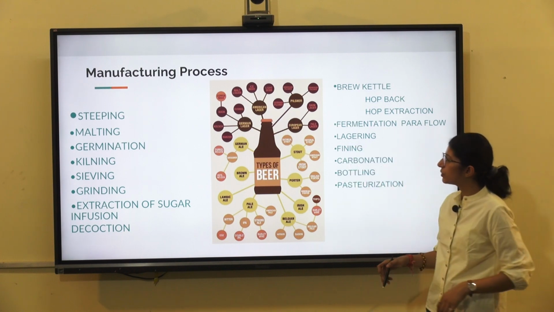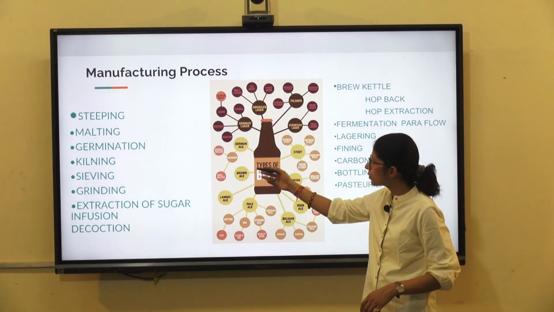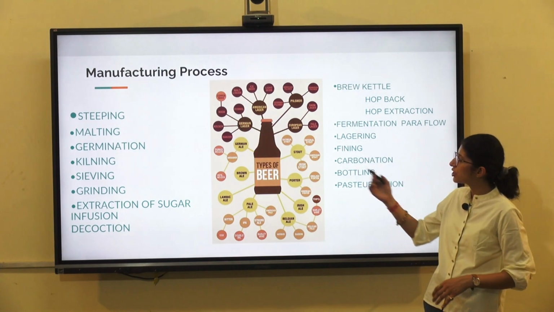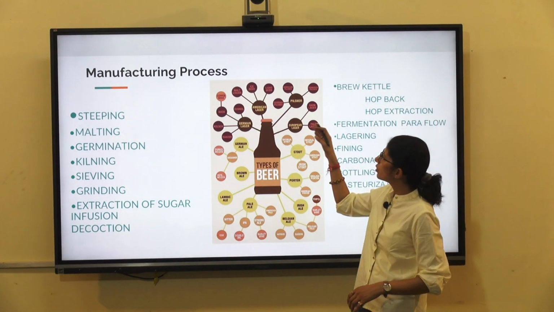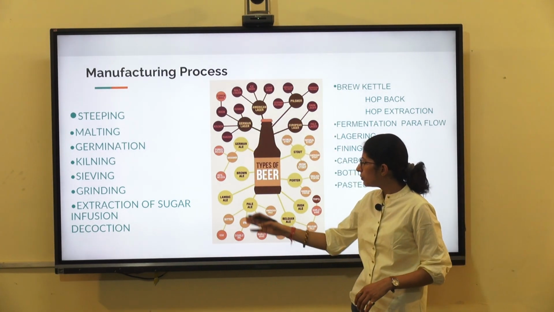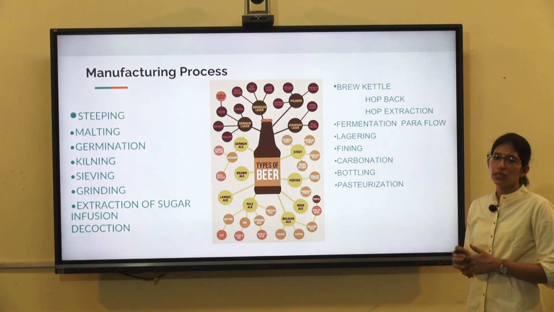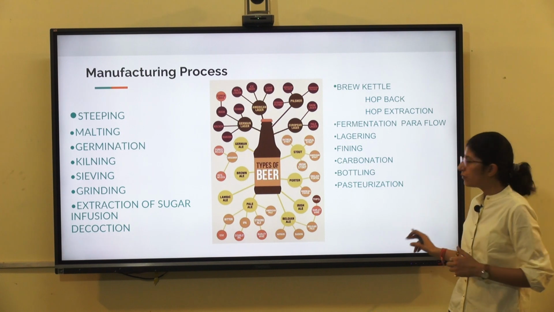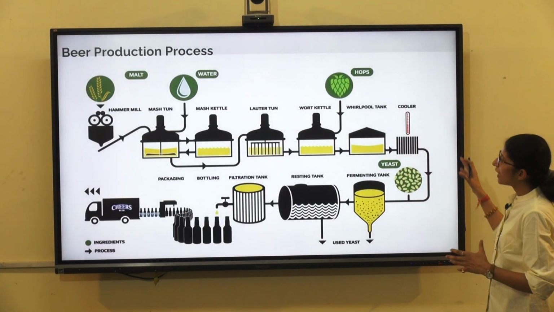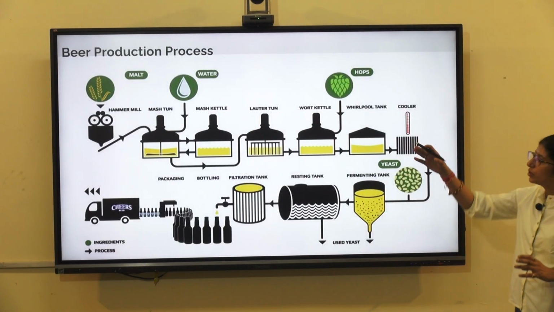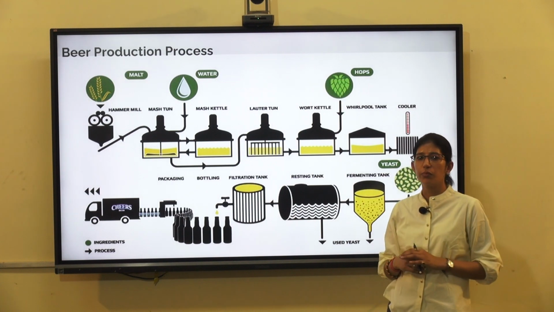This picture is actually representing the color of the beer: brown ale, lambic, pale, Belgian, Irish, malt and stout, German, European, American, Pilsner, followed by bitter, IPA, strong and American. These pictorial data are collected from Beer Advocate. Now this is the actual process flow from farm to fork, how the beer is being processed.